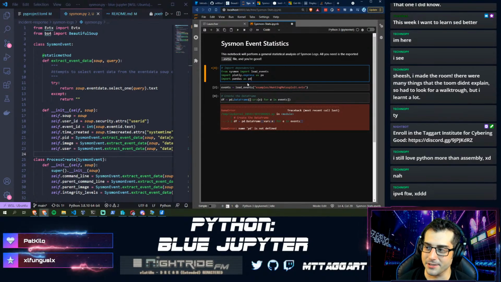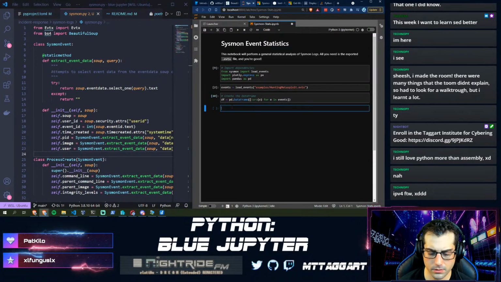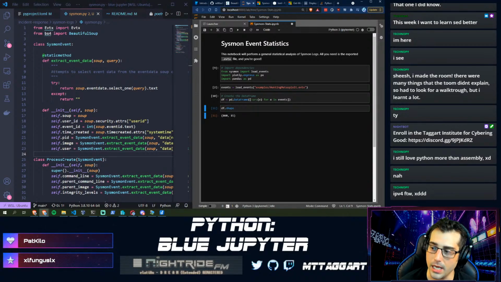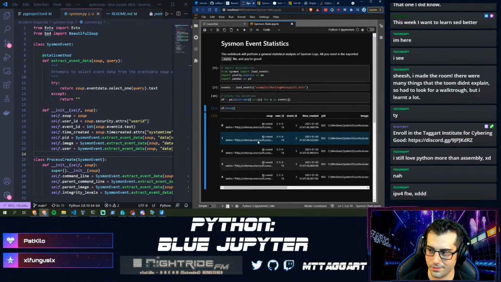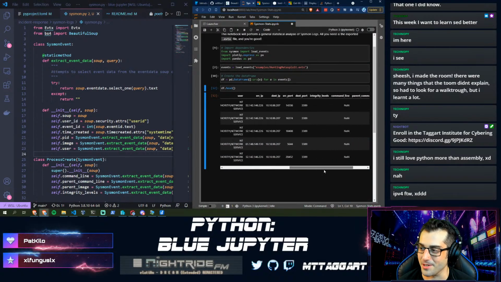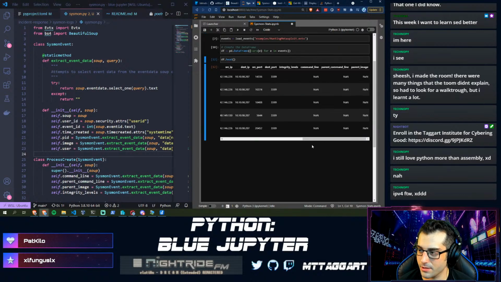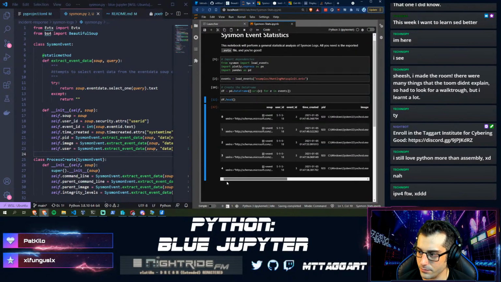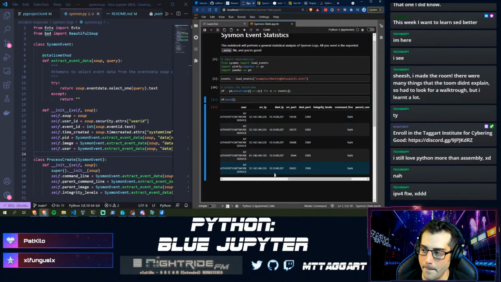Import pandas as pd was the part I forgot to do. Wow, that was fast. df.shape. 860 rows, 15 columns. Now let's look at df.head. There it is. Now we're getting somewhere. Now we have the data frame pulled out as much as we want. Now these are all event IDs 3, so there's not going to be a command line in this one. But